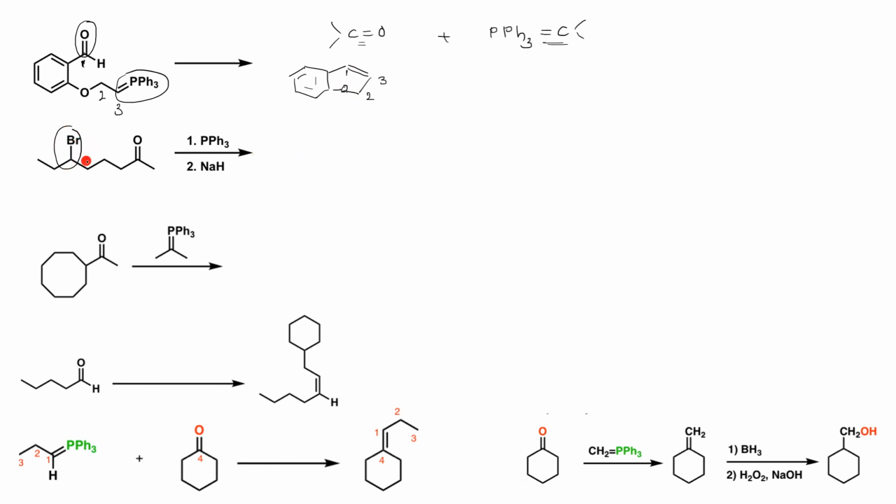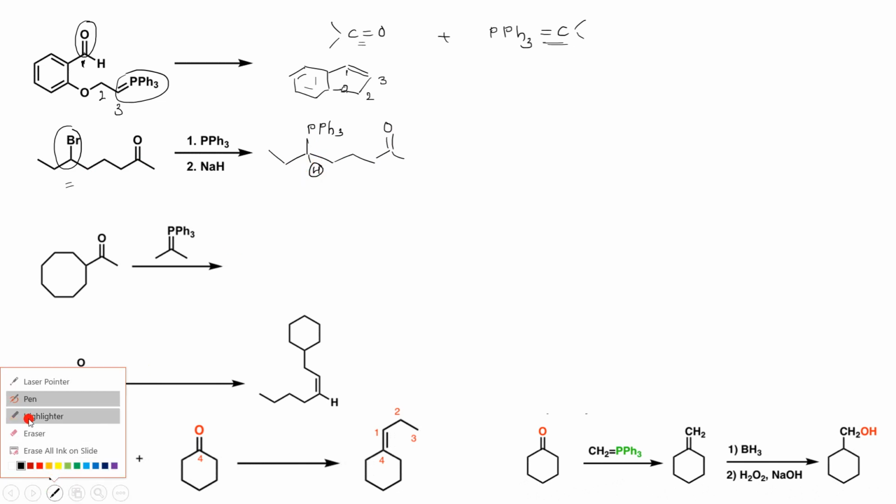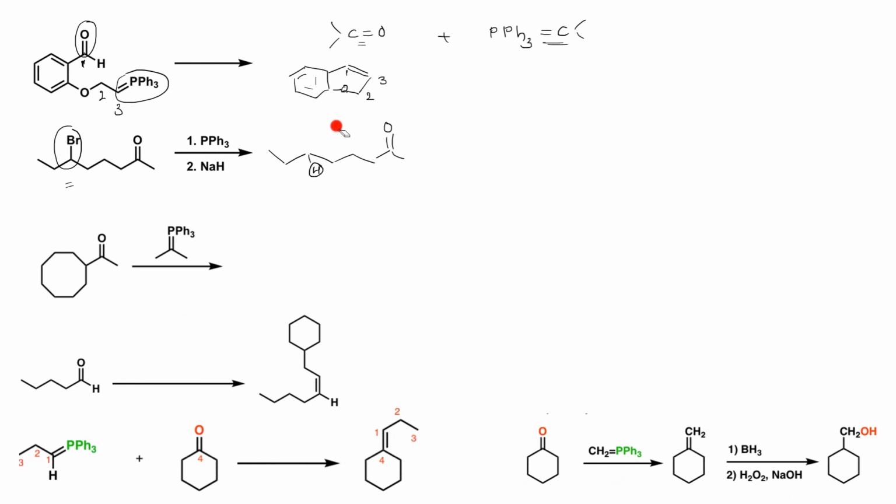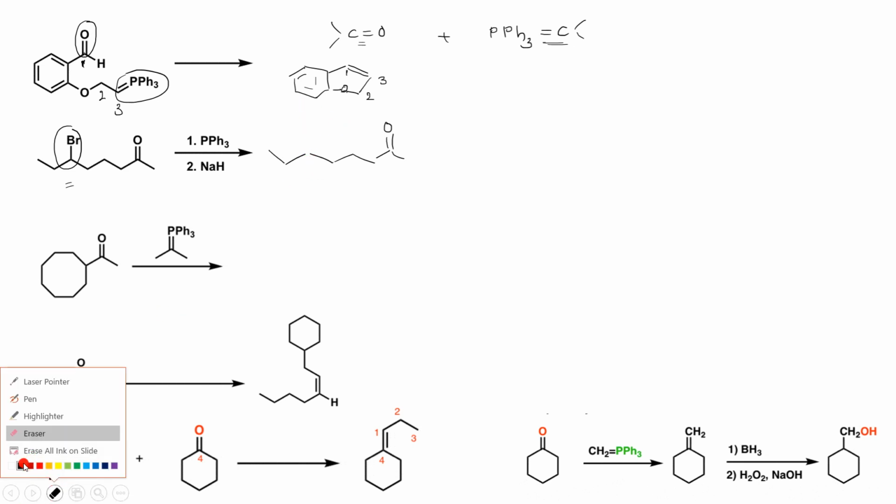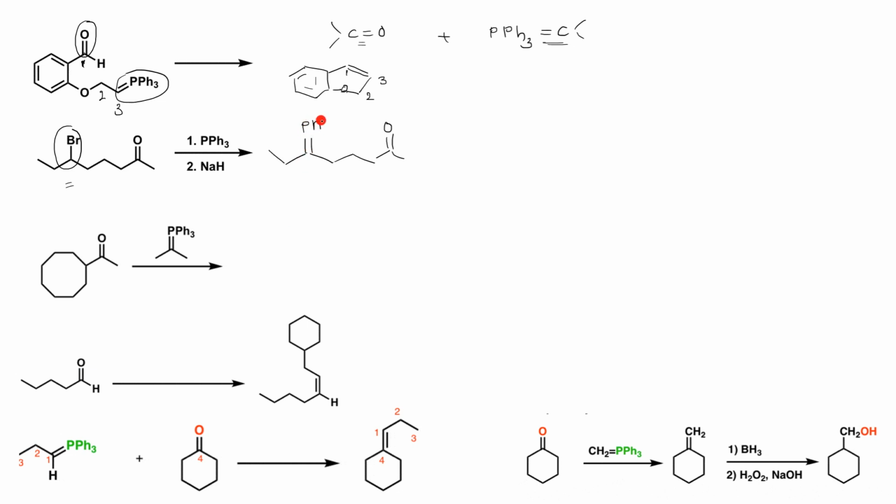Now we just saw how the reaction takes place at the halide. Wherever there was this halide, if you want, you can go back. Here you have PPh3, and then with the help of the base, this proton is abstracted. In simple words, wherever you have this halide, simply write there a double bond. So double bond PPh3 will be formed, and wherever there is PPh3 double bond and C double bond O, your bond formation is going to take place there. Let's say this is first carbon, second, third, fourth, fifth, and this is sixth, and this is seventh. So you know that the bond formation is going to take place between first and fifth.